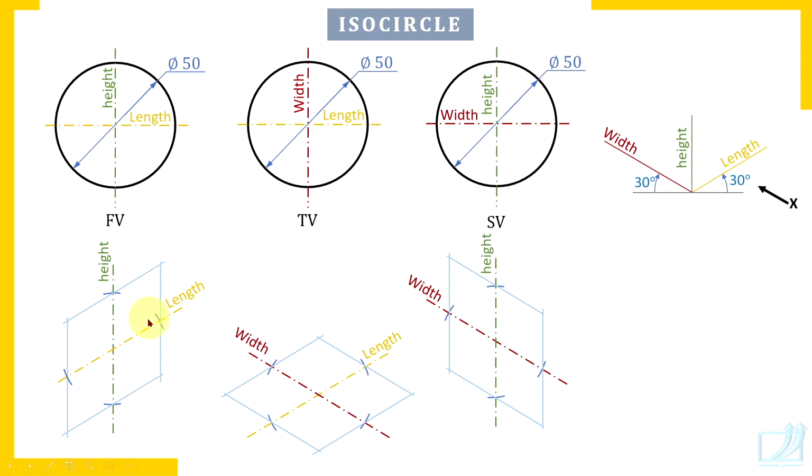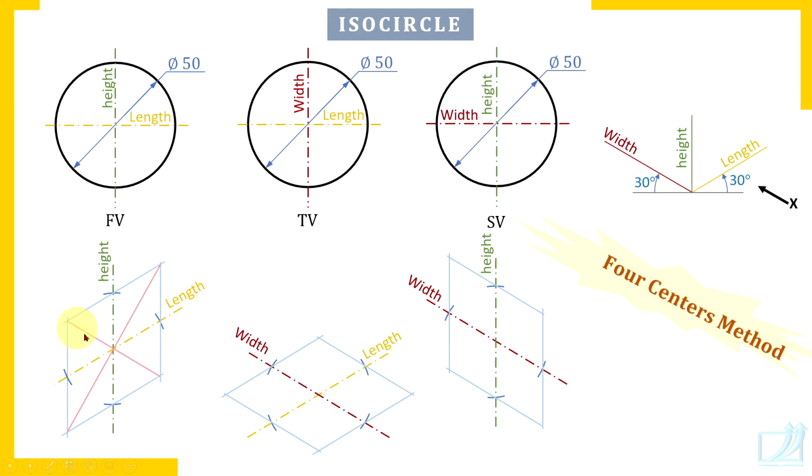Check here the orientation. This circle appears in the front view, this circle appears in the top view, and this circle appears in the side view. This is the basic procedure. And remember, when you draw isometric views of a machine part and if there are circular edges, you will have to use this procedure. Now after constructing the rhombus, draw the longer diagonal and the shorter diagonal.